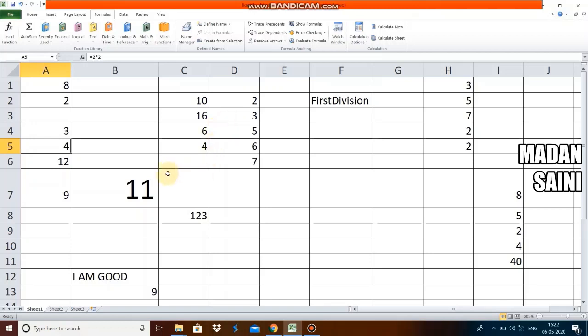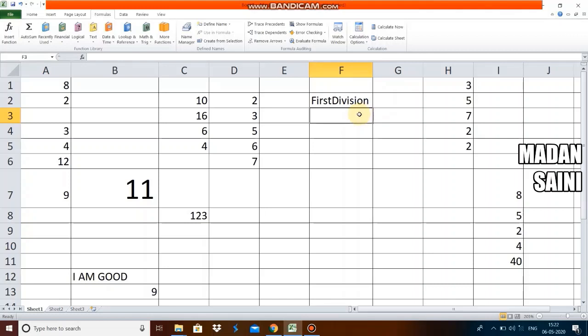Operators, so first of all, the text operator. In the text operator we can join 2 texts by the AND operator. You can see here I applied a formula with the AND operator. First and division. The words First and division are quoted by double quotation marks, and after that you can press enter, and these 2 words will be joined by the AND operator. Now next one,